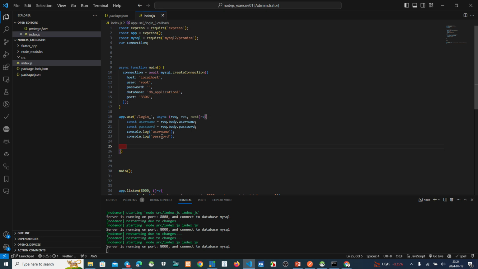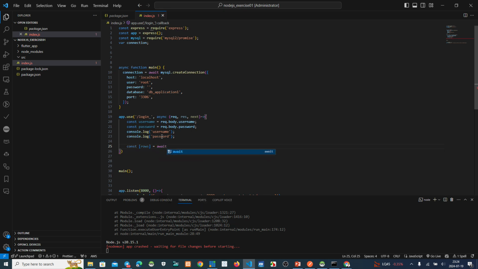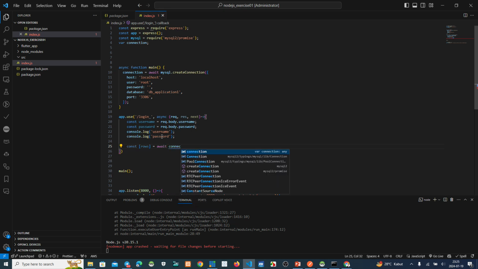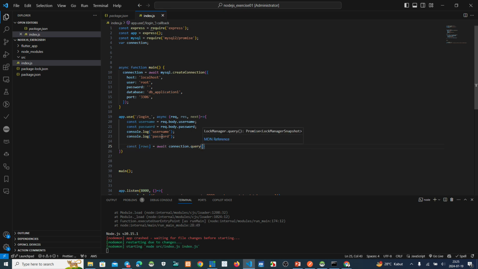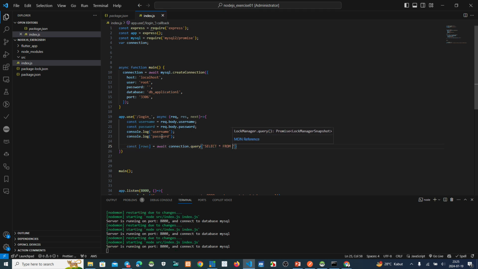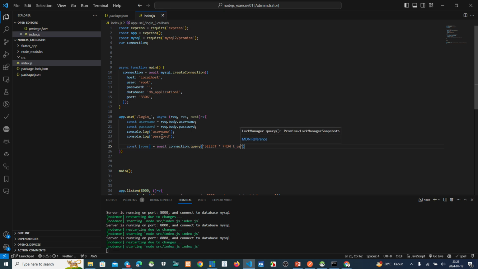Now we make a query here. Rows equals await connection.query, select star from the user.